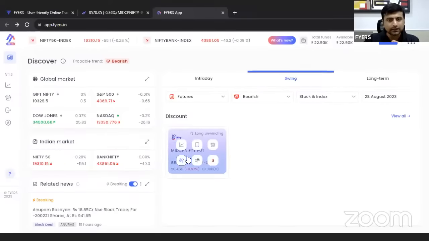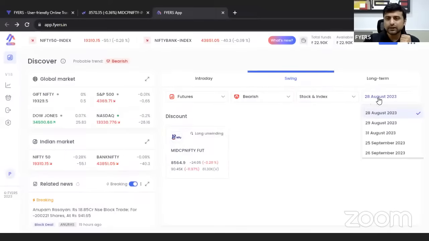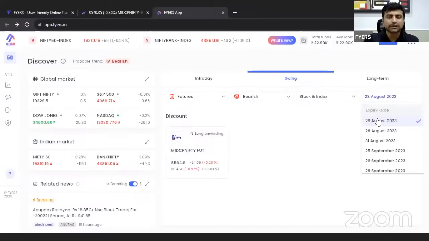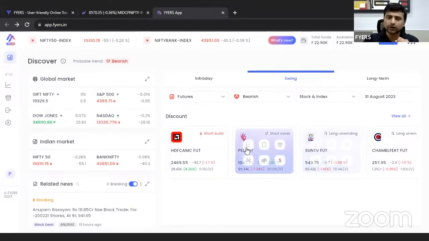यहाँ पे मैंने आपको सिखाया था the arrow mark, up and down arrow mark to access option chains. This one is to access the chart. This one is to add it to watch list, or this one is to add it to an existing basket जो आप बना के रख सकते हो platform पे. So if you want to change the expiry date, so what you have to do is head over here and choose your expiry date. For example, 28th August has been selected by default. So now if you want to go ahead and choose it for 31 August, so यहाँ पे आप 31 अगस्त को क्लिक कर सकते हैं, and automatically bearish futures, where is it reflecting, आपको यहाँ पे मिल जाएगा with all the additional options given